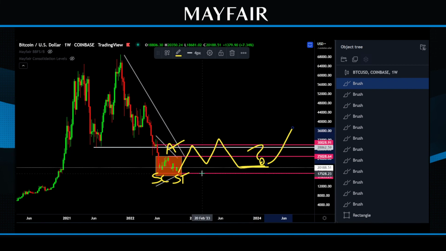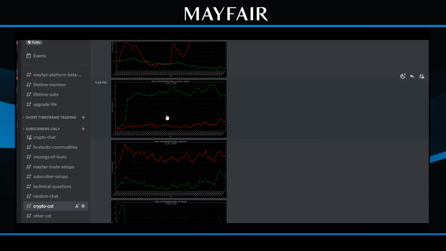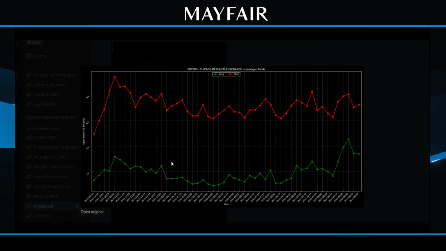So we can easily elongate this out for another 6 months, 9 months, 12 months. It's not going to matter to Composite Man. What's going to matter to Composite Man is that they accumulate the position they're actually looking for. And going back to what I started the whole conversation on, it really comes back down to the leverage funds situation. That to me doesn't look like accumulation and profit taking has actually finished just yet.